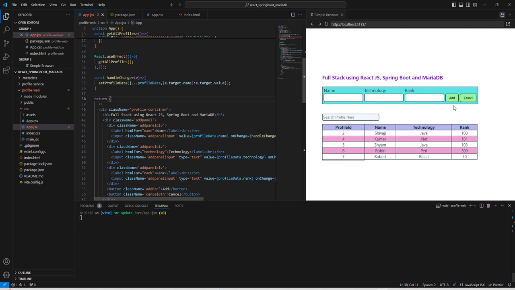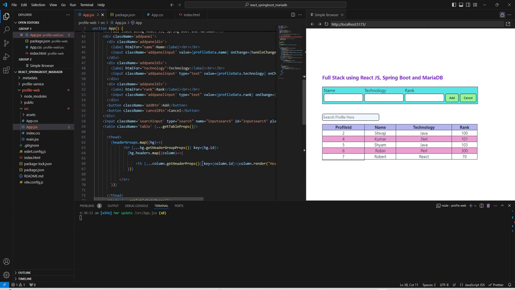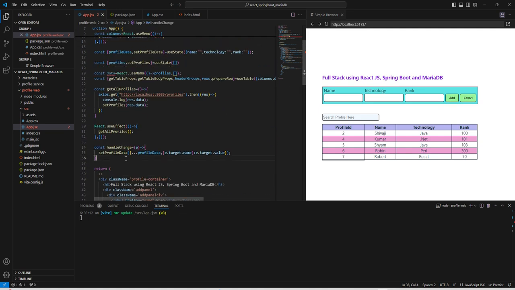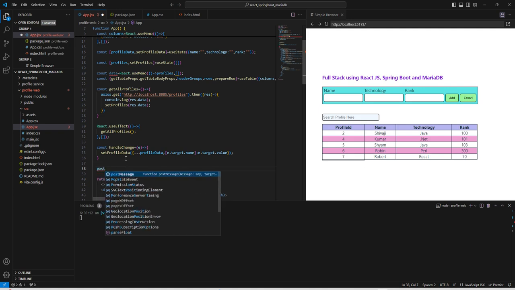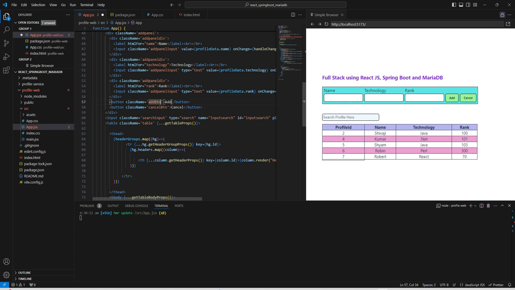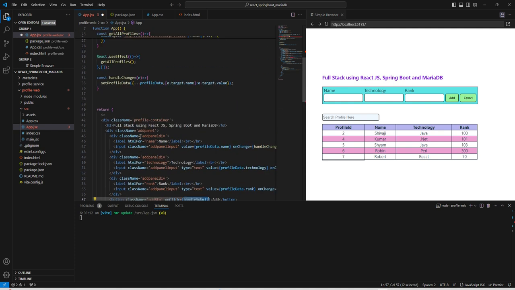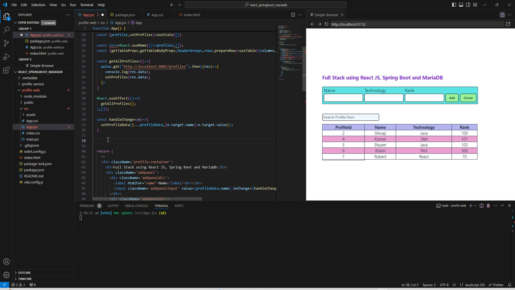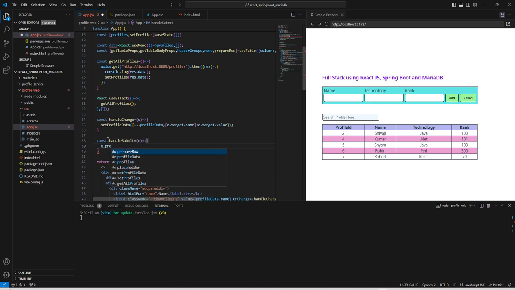Now let us do one thing. Whenever we click on add button, it should call some function, which is like post mapping. Here this is our add button, and here we can say it's an on click function, and here we can call handle submit. For handle submit we can mention this function here, let's say const handleSubmit, and here first we can call preventDefault,